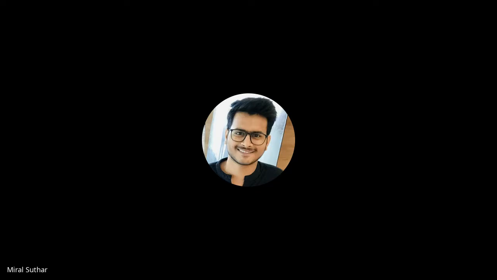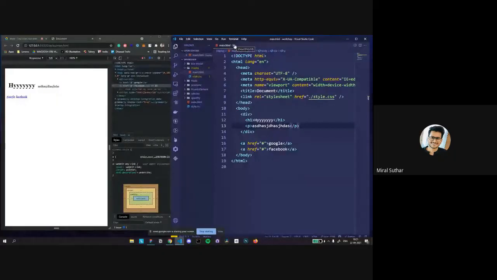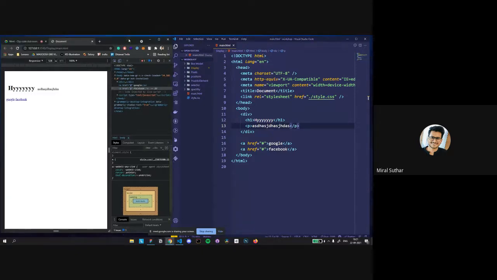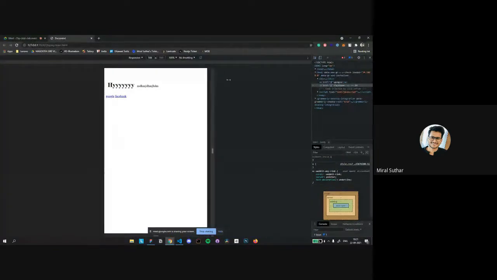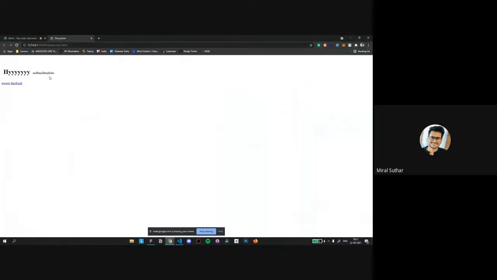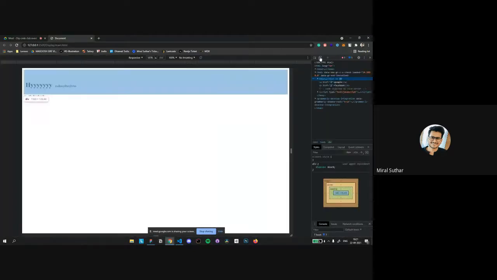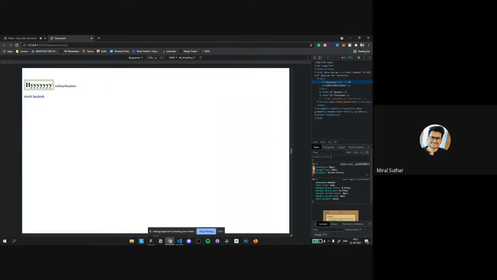So this is how display works. There are other values beyond these two, like display flex and display grid, but those are wide topics and would take so much time. CSS itself already takes so much time. So these are the basics of CSS and how it works. You have to keep looking at other, more stylish and good-looking websites. You can go there and just inspect them. Just click on it and you can see all the styles over here. If I remove all the padding, it's just a normal website, right? We can see all the stylings over here.